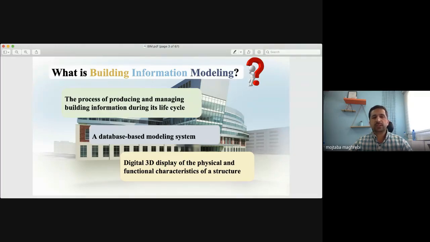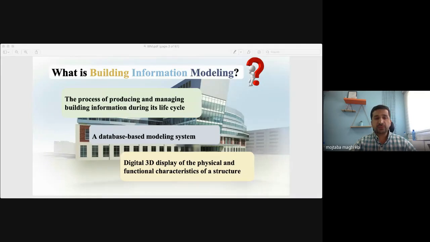What the main concept is: previously we had 2D drawings. If you wanted to understand a 2D drawing, we needed to look at the map and the drawing, and based on the knowledge an engineer has, they could say, okay, we can see that these lines represent a wall, these two parallel lines represent a window, or similarly shear walls, ribbons, or whatever is in the structural, mechanical, or architectural drawing for a